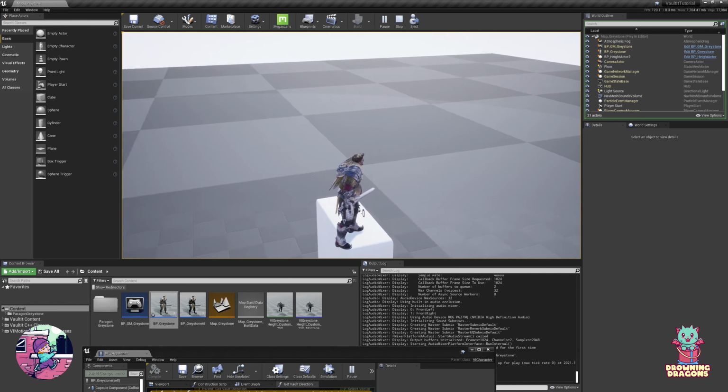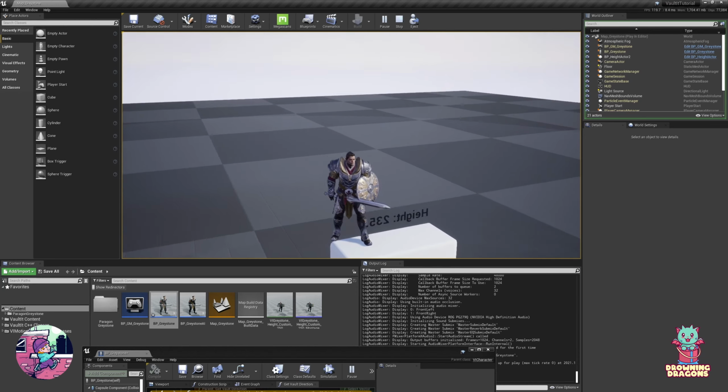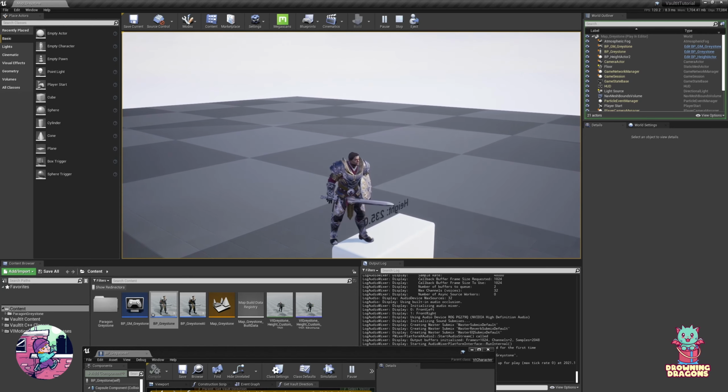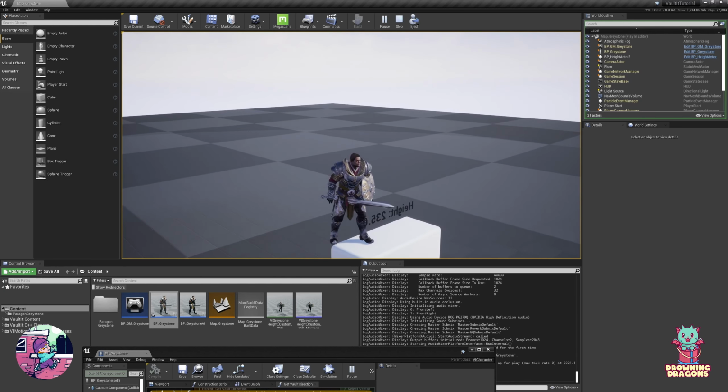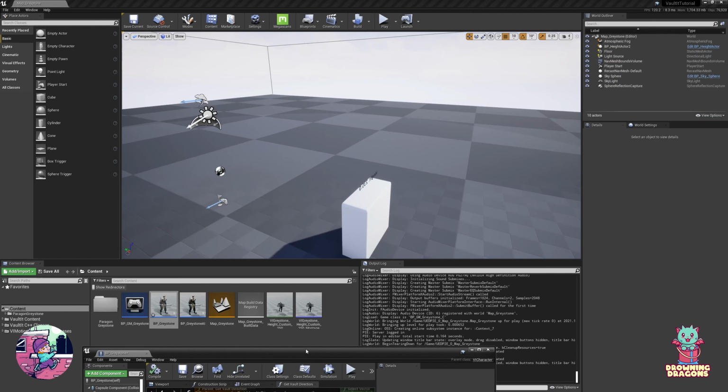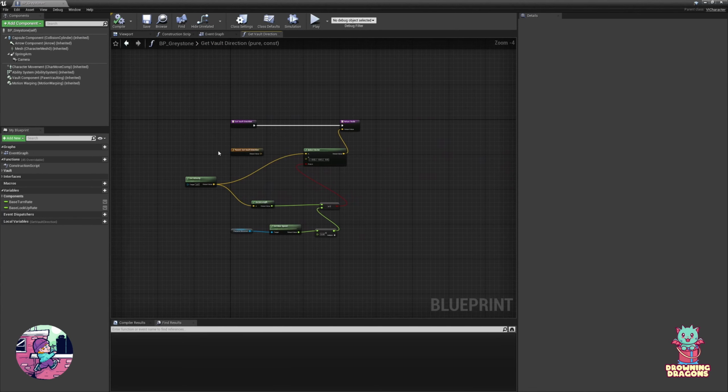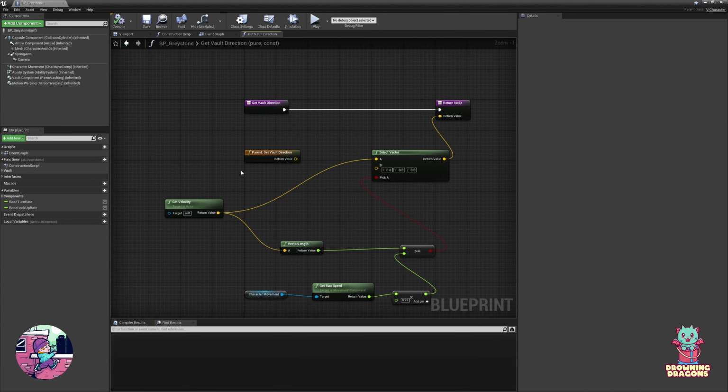So now, he always vaults in the direction he's moving and not in the direction you're pressing, and he can only vault if he's moving at least a quarter of his speed. So this is how you change that behavior, just in what direction he vaults, and how to prevent it based on the